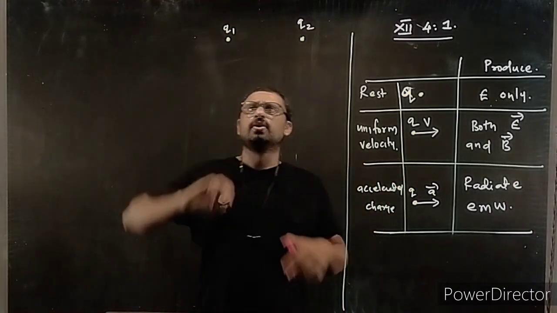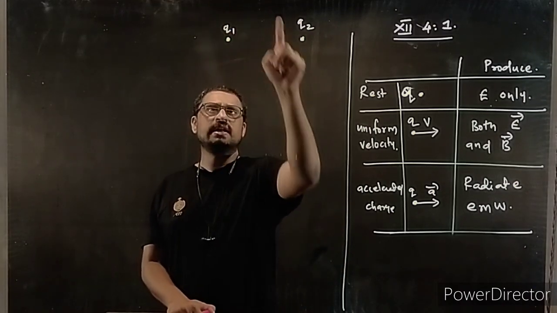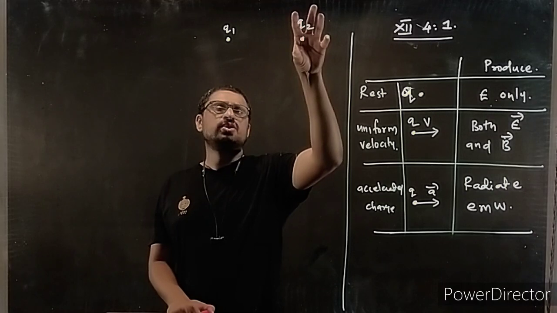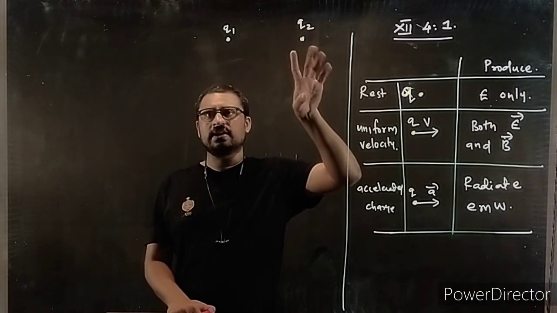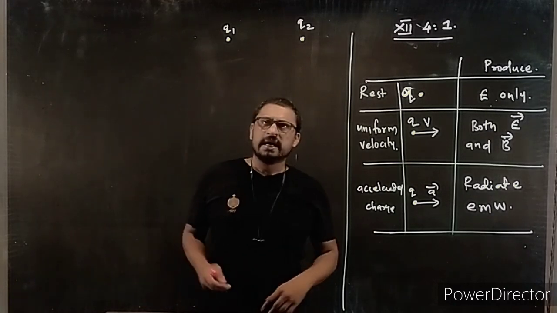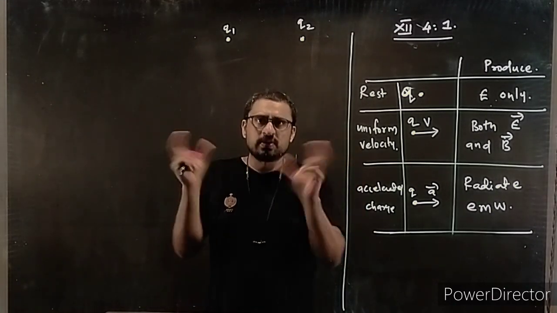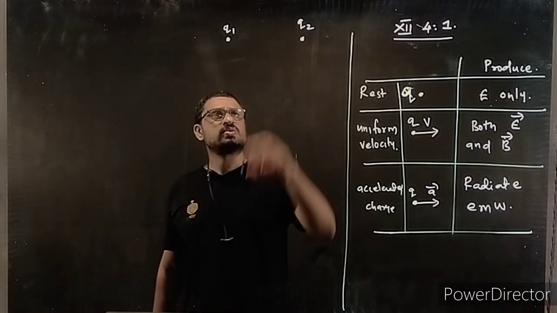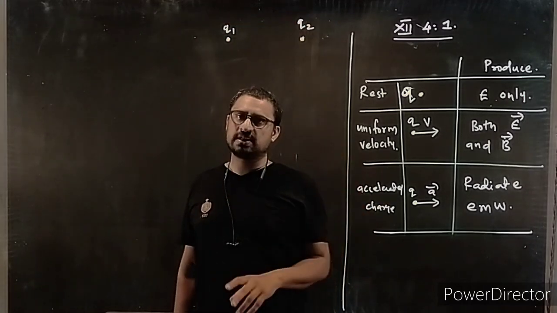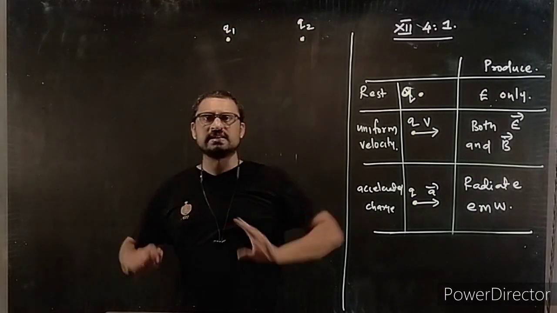Charge Q1 will produce an electric field around it, and charge Q2 will produce an electric field around it. So those two fields will interact. Actually, interaction of those two fields is the reason for the force between the two charges, because one charge is in the field of the other charge. This charge produces its own field, that charge produces its own field, and the two fields interact.